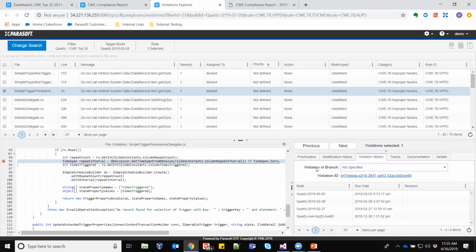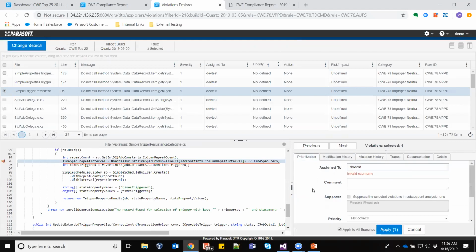So what often happens with security violations in that standard DevSecOps workflow Mark was describing earlier, you find a security issue, and oftentimes because it's so late in the process, it doesn't get addressed, or it falls through the cracks. With this, you can actually see when it was identified for the first time, how long you've known about it. You can see which branch this violation manifests in. So it really gives you a good sense of these violations, how long they've been there, what you want to do about them. This prioritization view is especially powerful as well.